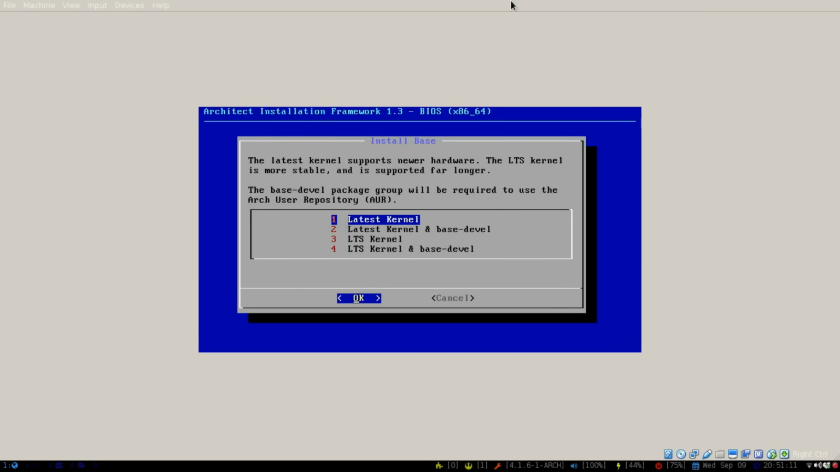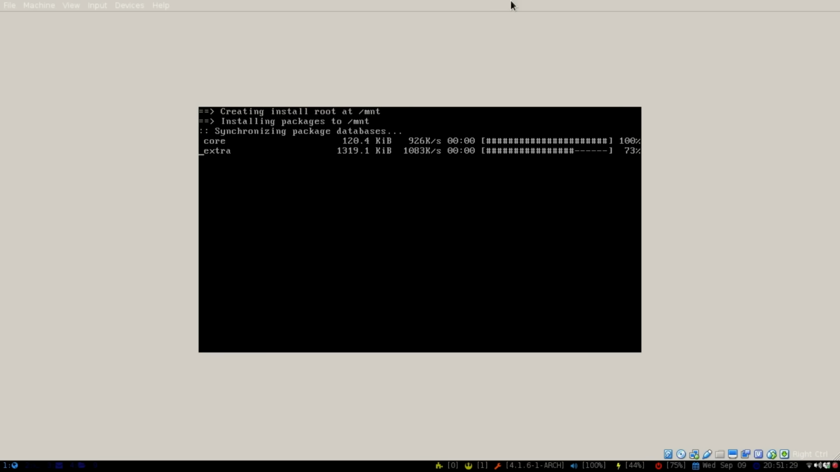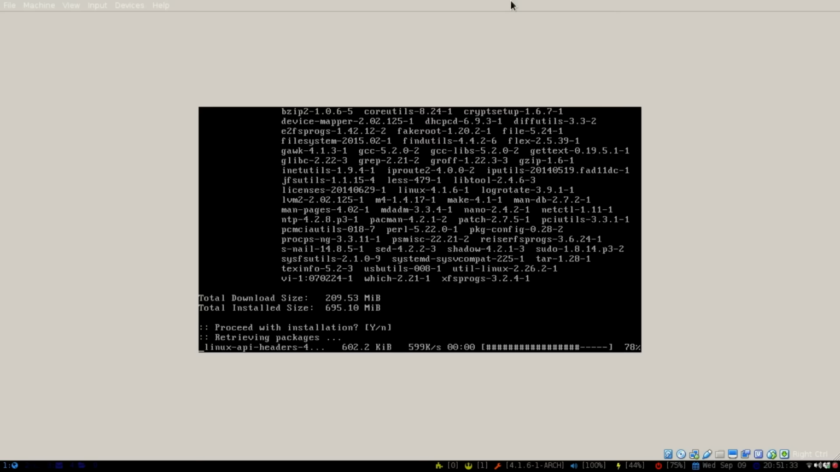And then we're just going to install our base. So we can do the latest kernel plus base-devel, or the LTS kernel, which is at 3.10.19 something. So we're just going to do the latest kernel plus the base-devel. So this should get us everything that we need for a base